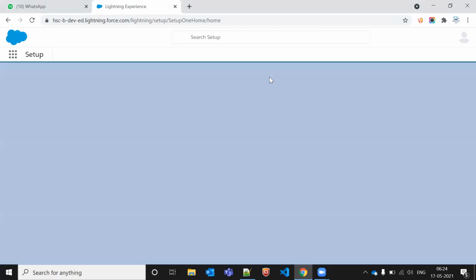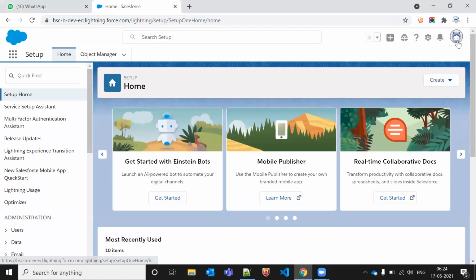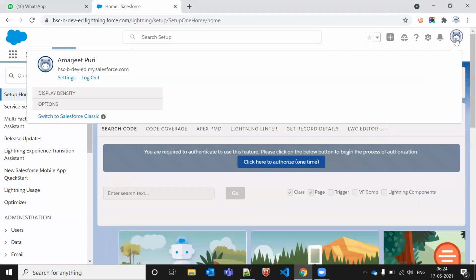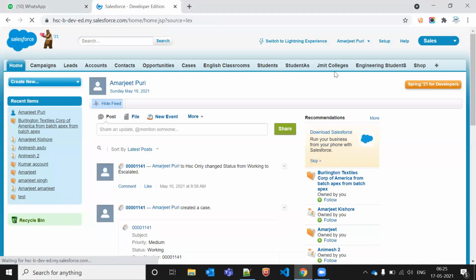First one is the code coverage. We have to try to cover 90 plus percent, and at least 75 percent, so that it does not cause the failure of the code. And between start test and stop test we should reset the governor limits. That's what I know, two points.